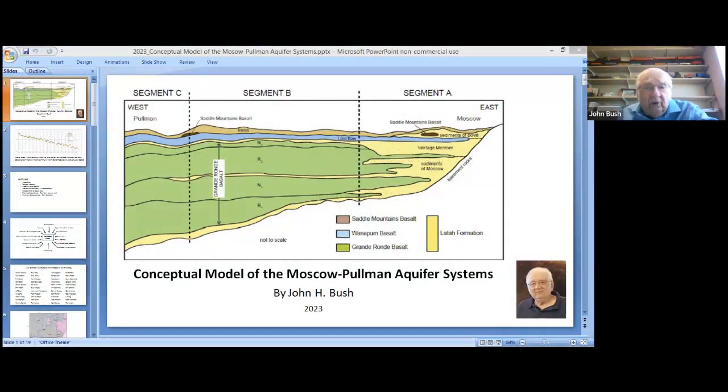Again, this is John Bush, and today's talk is the eighth talk of a lecture series. Today is on the conceptual model of the Moscow Pullman aquifer systems. It could also be called a summary, because in putting together the final pieces of the model and how our